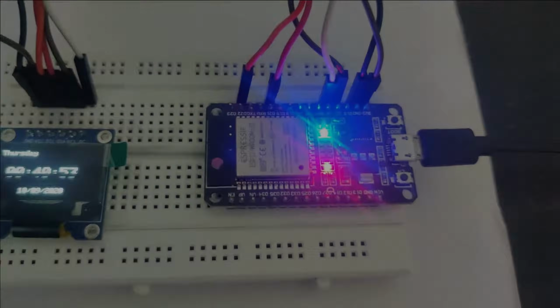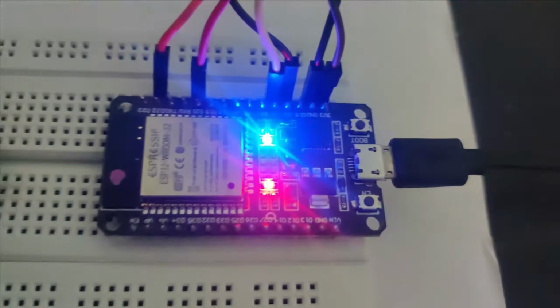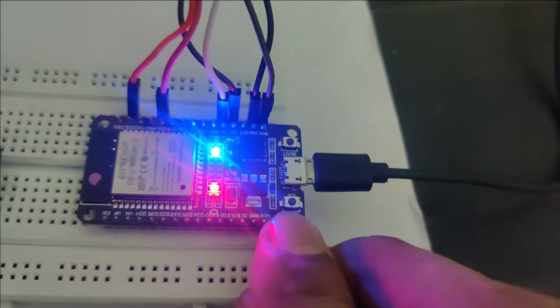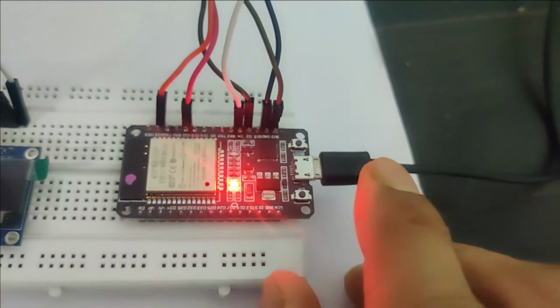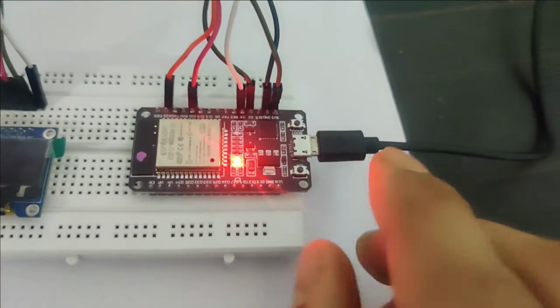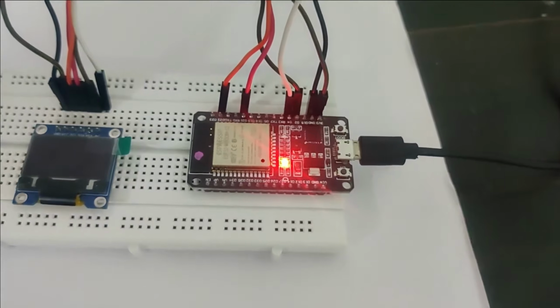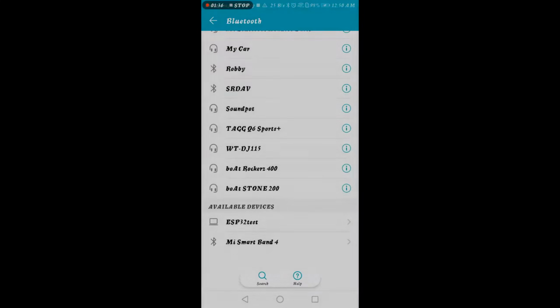In here you can see ESP32 is here, and this is the enable button. So just press on it and release it, right? Once you're done with it, now go back to the application. Now the Bluetooth is enabled from my ESP32, right? And in my case you can see it is already showing me. So just click on ESP32 test, it will start pairing, let it finish, just wait.